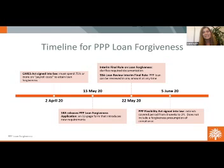If that wasn't enough, then on May the 22nd, there were 2 more interim final rules. One on loan forgiveness that clarified the documentation that would be required in order to be forgiven. And the second was a new one. It was an SBA loan review process that basically changed how everybody was assuming these loans would work. We were assuming that only loans over $2 million would be reviewed by the SBA because they came out with guidance that said they would be reviewing every loan over $2 million for eligibility to make sure that that business was initially eligible for that. What they did in this loan review final rule is they clarified that no, a PPP loan